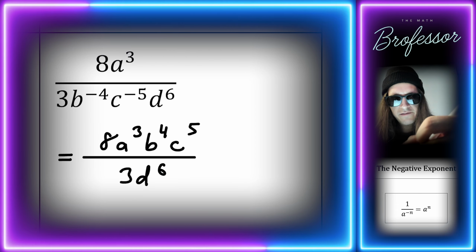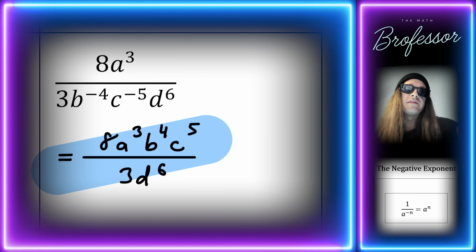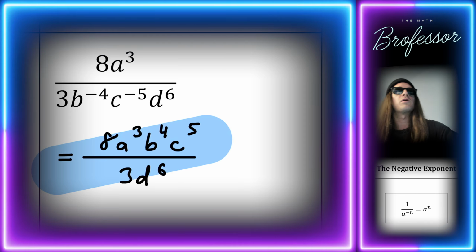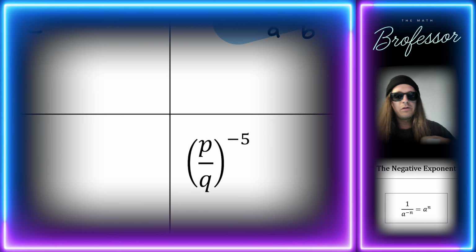So yes, I did that fast. If it had a negative exponent, I moved it. The b and the c were the only variables that had negative exponents. Those are on the bottom. They are now on the top with positive exponents. That's called reciprocation. And this brings us to the bottom row,